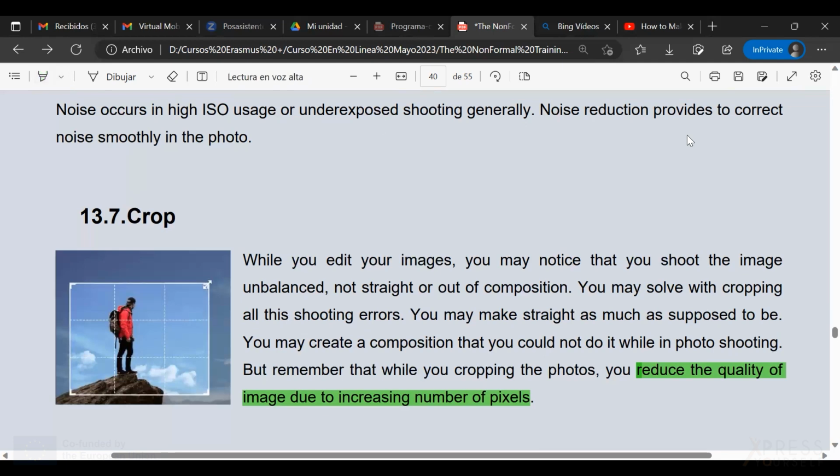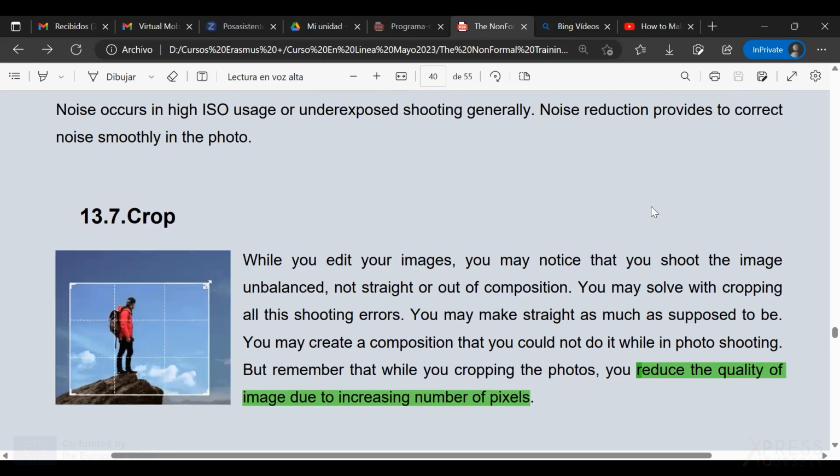And it is good to know that because when you're going to share that picture, if the picture is not good enough already, as you increase that number of pixels after you crop it, it will have a worse quality. So you better choose a good quality picture if you want to crop it.